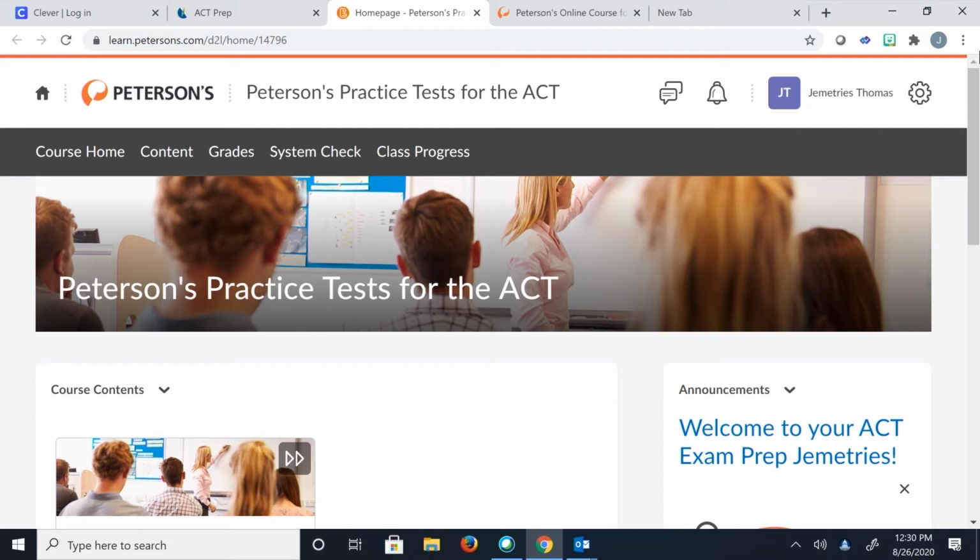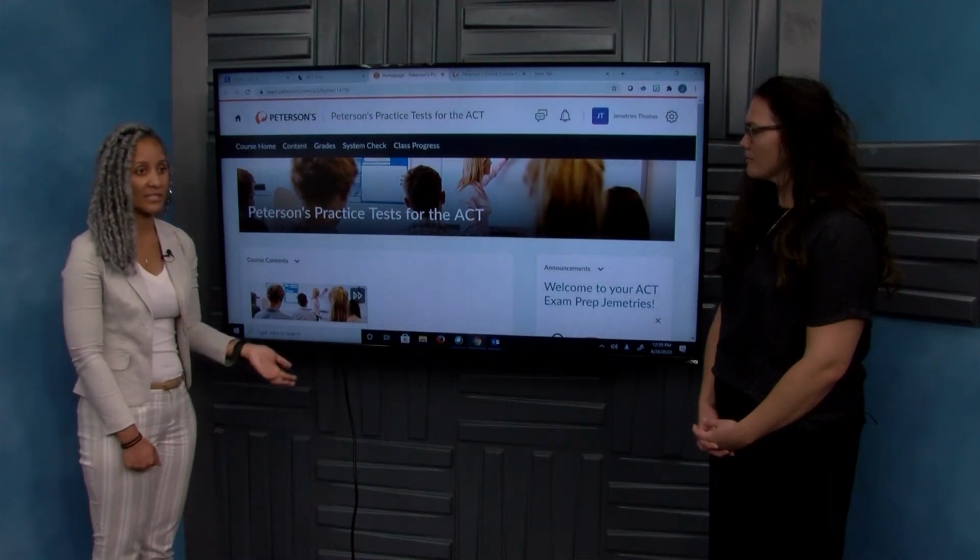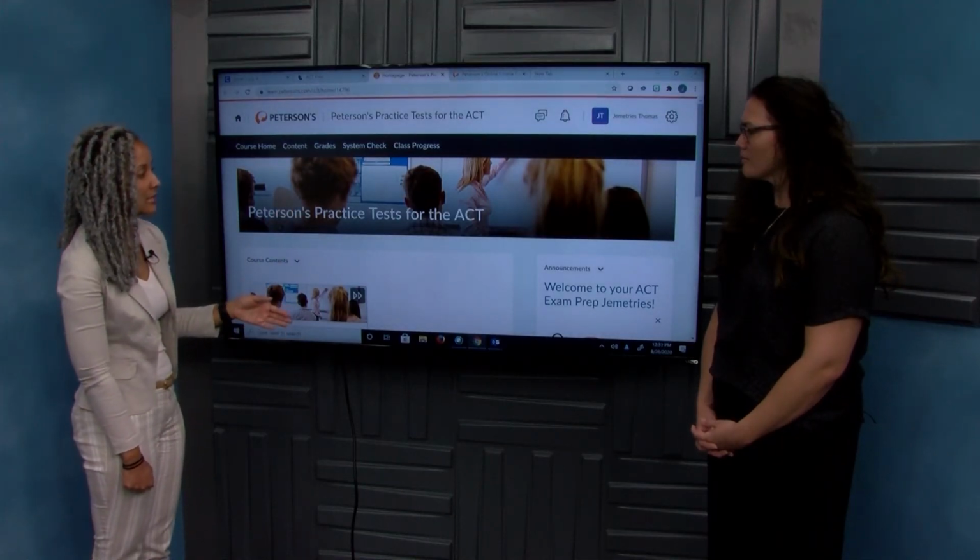Yes. So once you get here, there's course home, there's contents, there's your grade, and then you can check your progress. And the teachers can also assign you lessons here, so you want to make sure that you are logging in each day to see, hey, have they assigned me something? Are they checking my grades? So we're going to